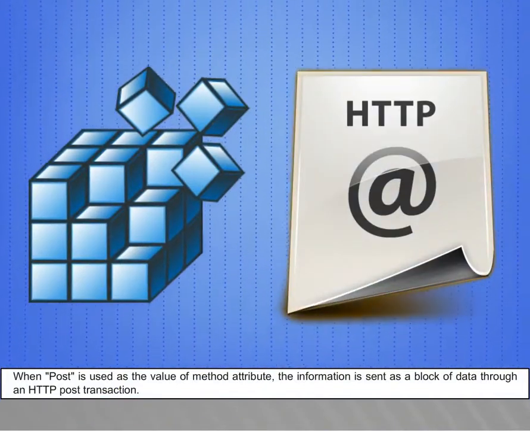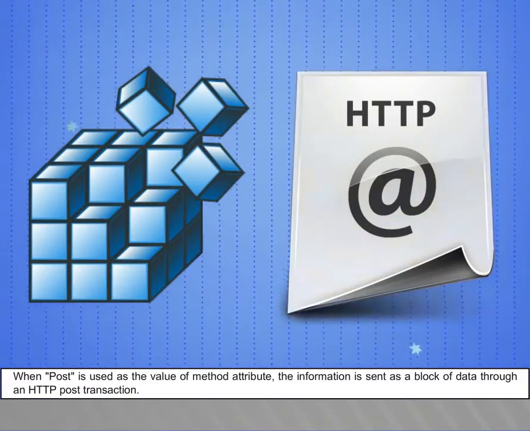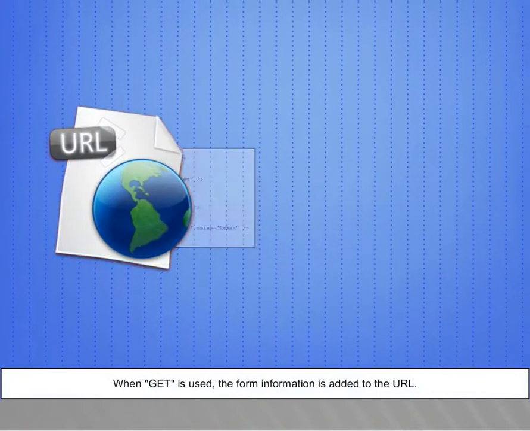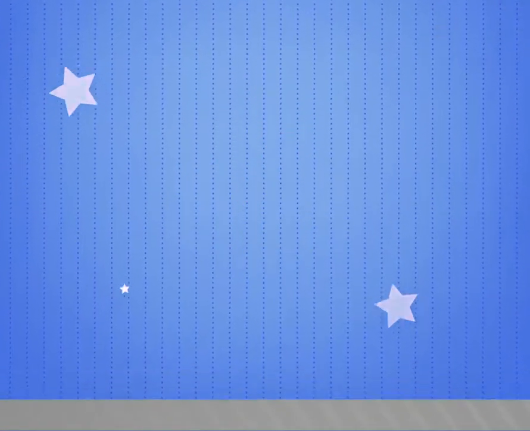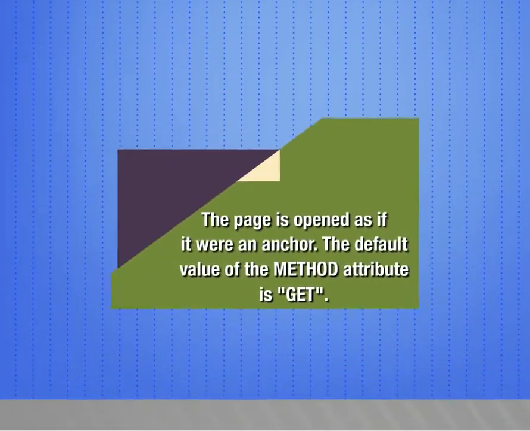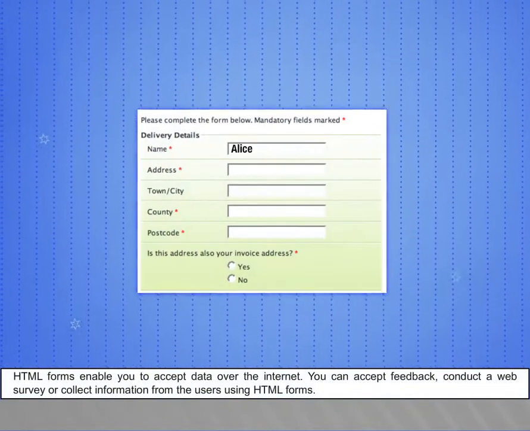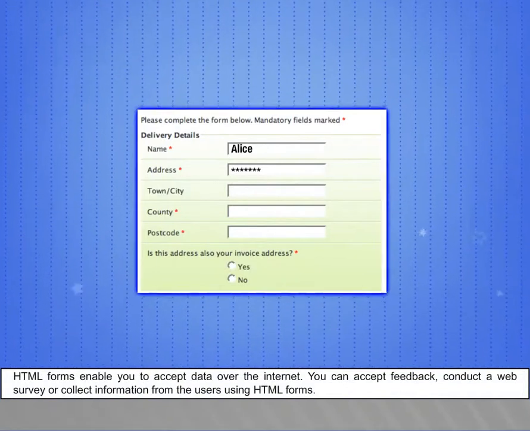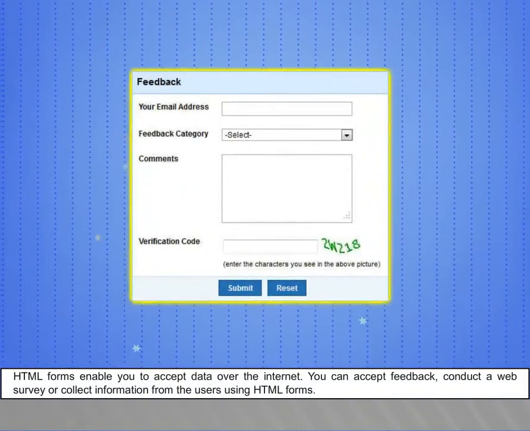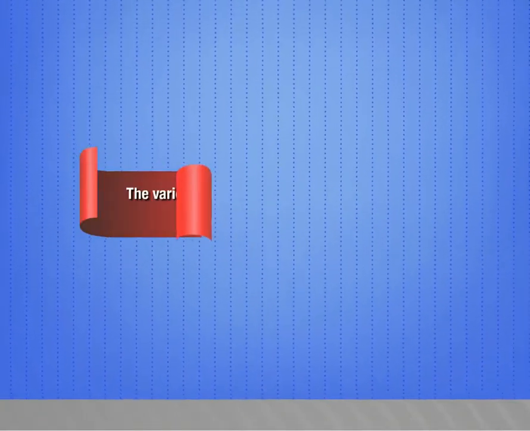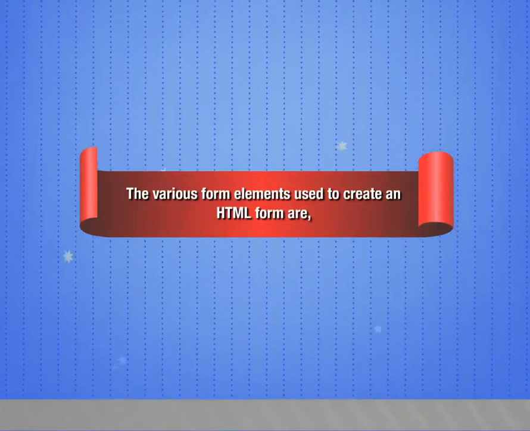When get is used, the form information is added to the URL. The page is opened as if it were an anchor. The default value of the method attribute is get. HTML forms enable you to accept data over the internet. You can accept feedback, conduct a web survey, or collect information from the users using HTML forms. The various form elements used to create an HTML form are: